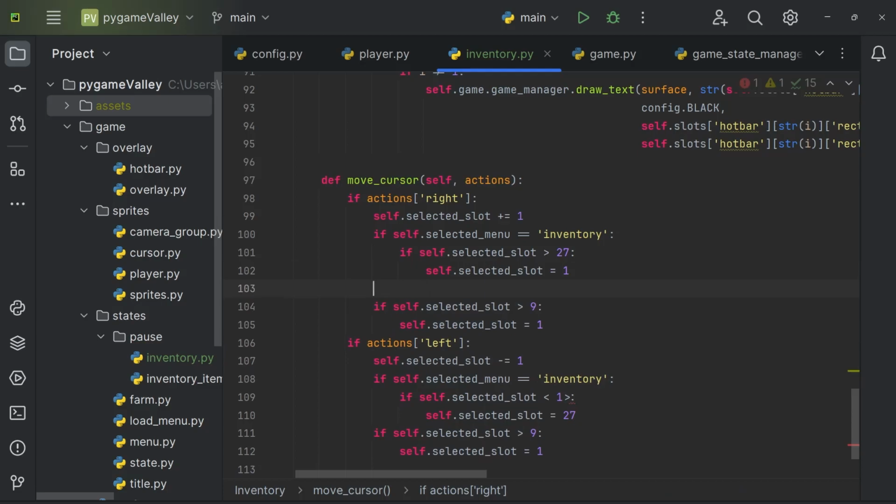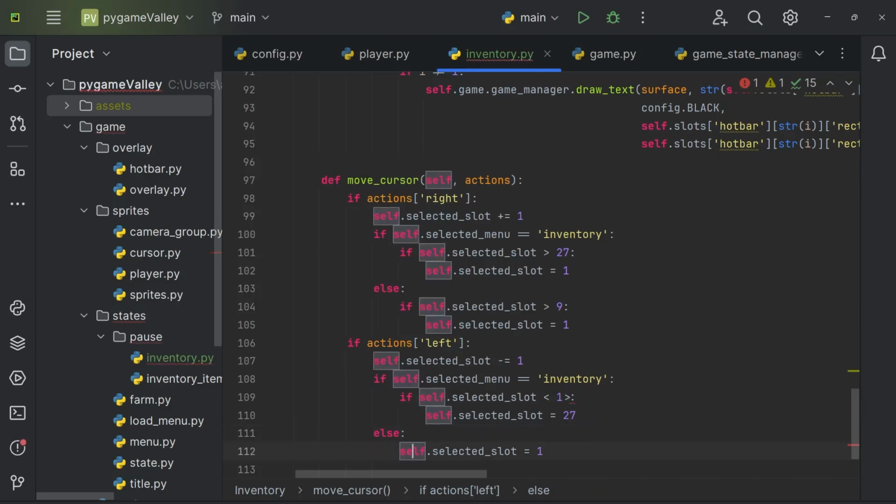Yeah, this should be else, and then these should be indented. And then this should be else, and then self.selected slot is equal to 9. How did that happen? There we go. So for moving left, we don't have to check if it's greater than 9 because it's going to be the same thing. If it's less than 1, whether we're in the inventory or